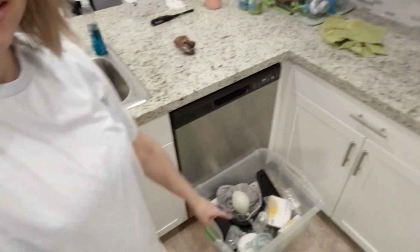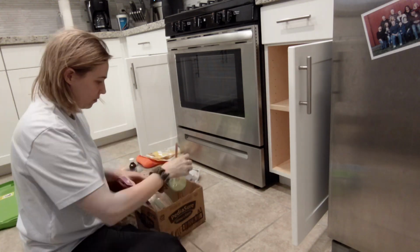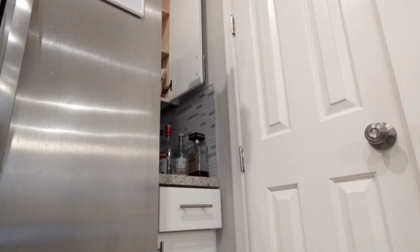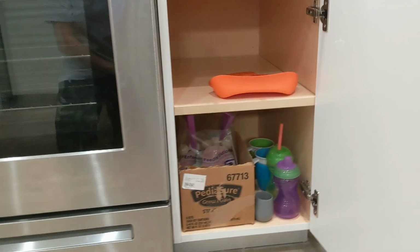Okay, let me just show you quick what I've done. All the storage stuff is in here. It's not organized, I just put it in there because I have a lot more stuff that I'm gonna need to put away, so it's just gonna be there for now. And then here's what I had left. So next to the stove, I have this. I'm gonna put...